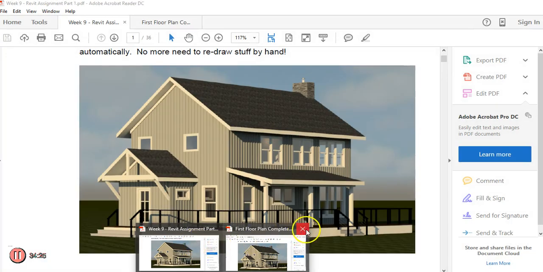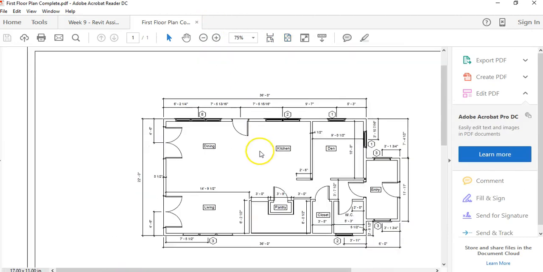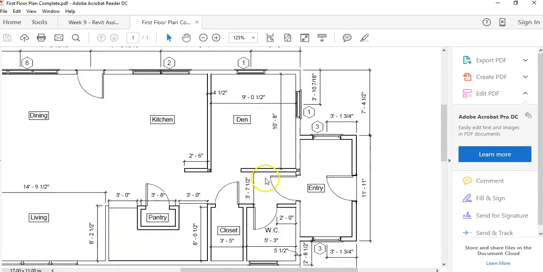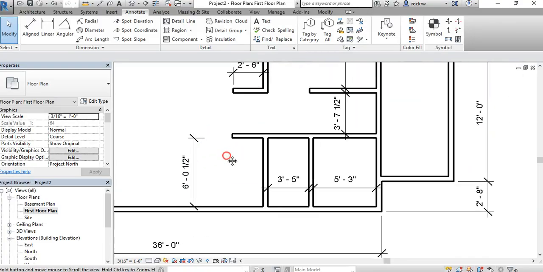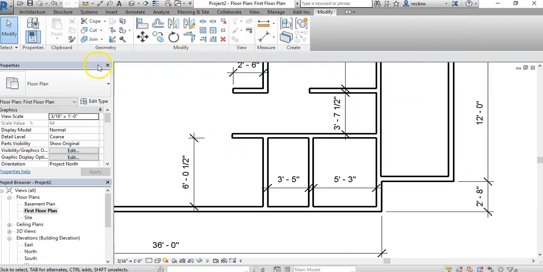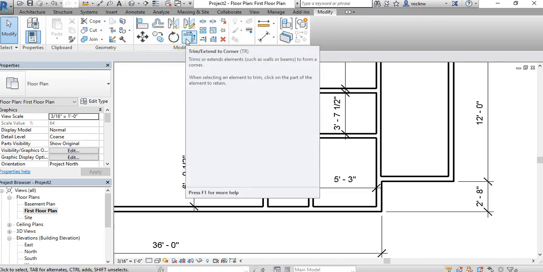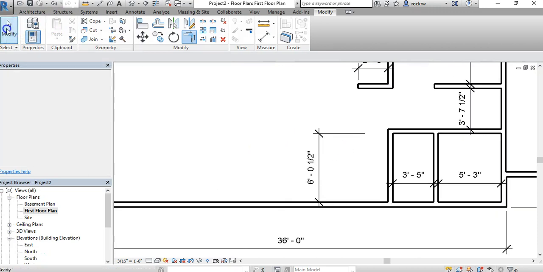Let's see. Let's bring that floor plan up again. So where I'm at is here. Alright, let's work on this area. If you remember chamfer from AutoCAD, Revit's version is this. Trim, extend a corner. Click this. So I'm clicking inside for that result. Alright, so